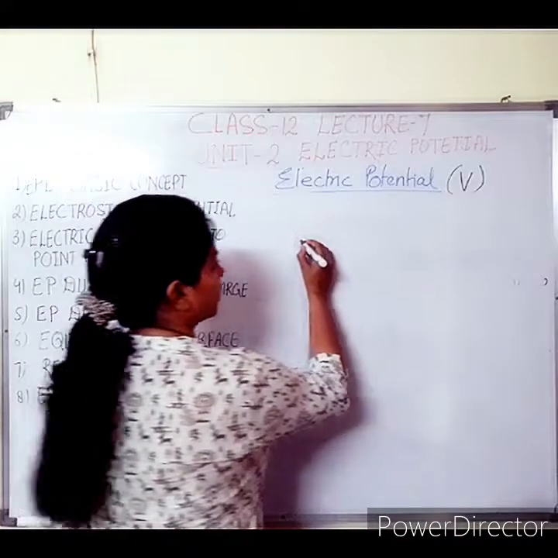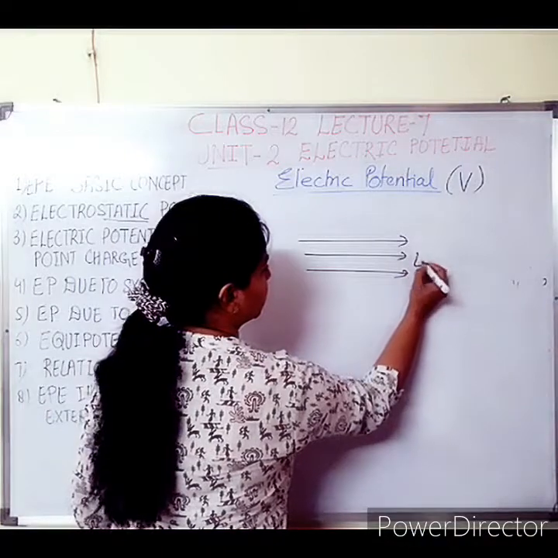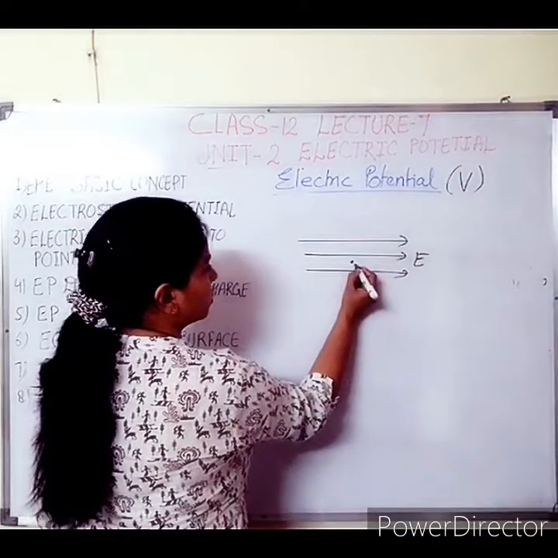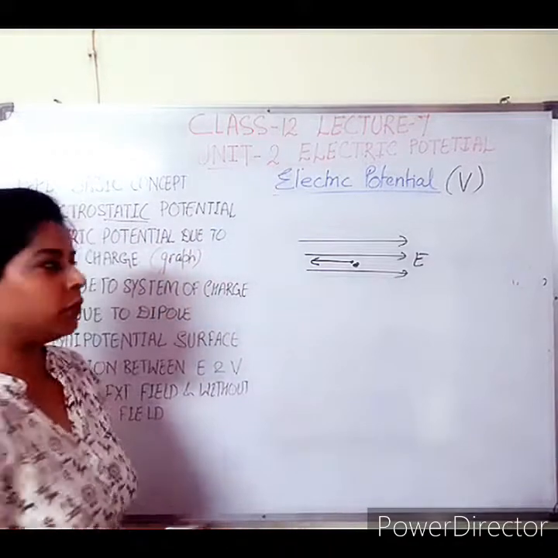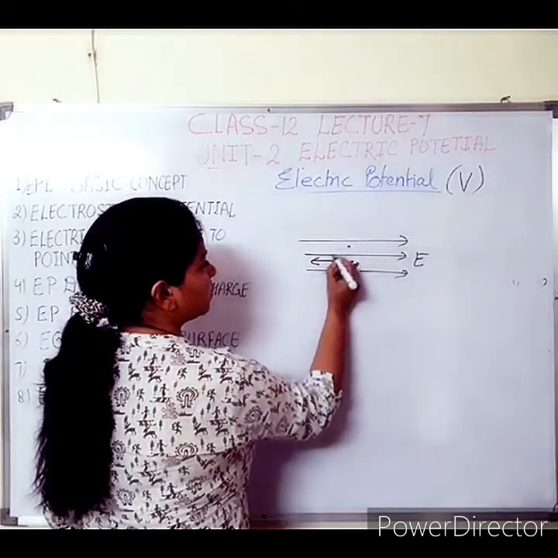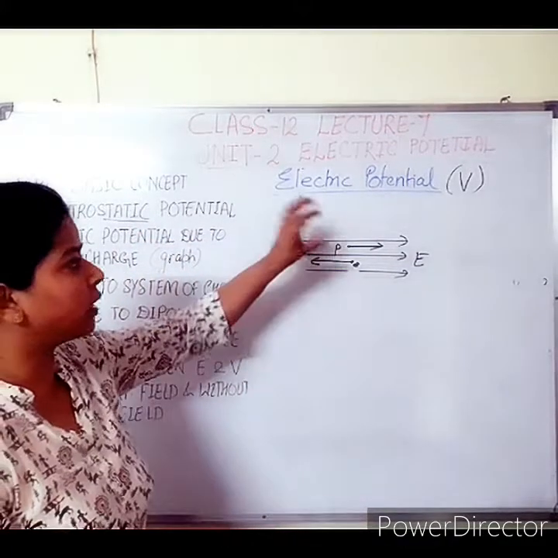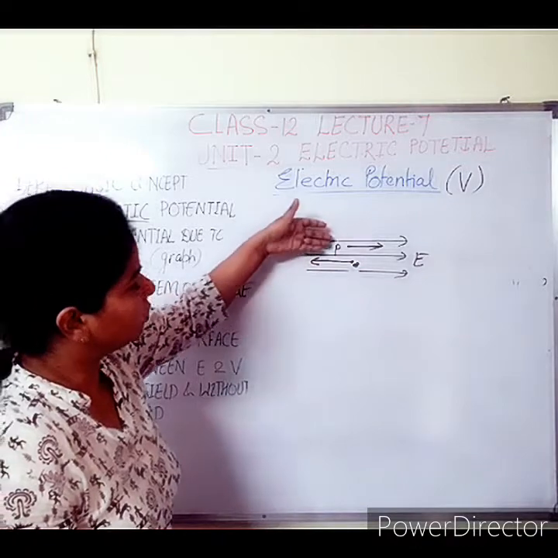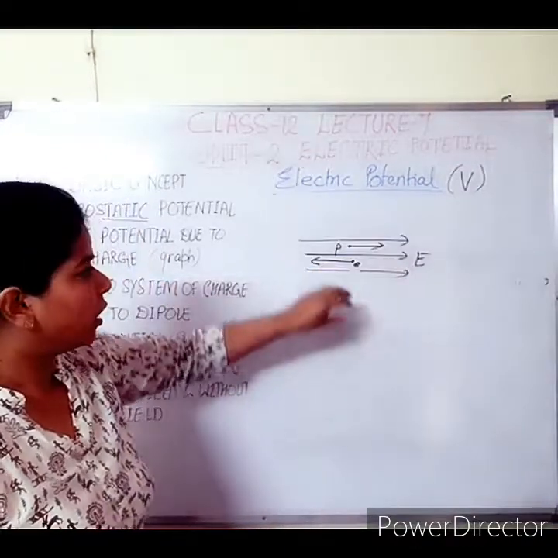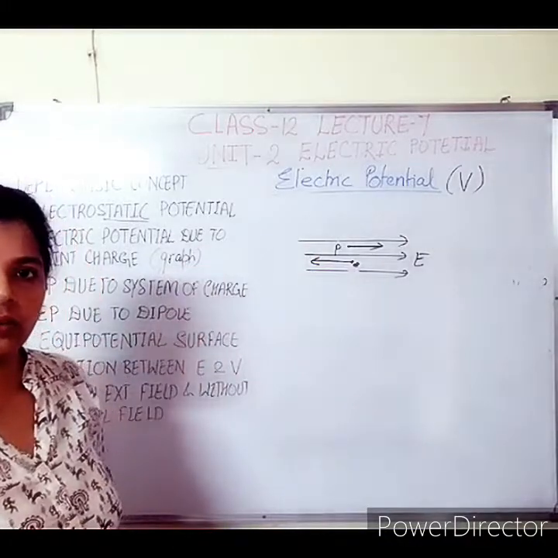If the electric field direction is here, this is a uniform electric field, then the electron, or negative charge, will move opposite to the direction of the field, while a positive charge always moves in the direction of the field without applying any force. If we place a proton here in the field, it starts moving in the direction of the field. If we place an electron in the field, it will start moving opposite to the direction of the field.